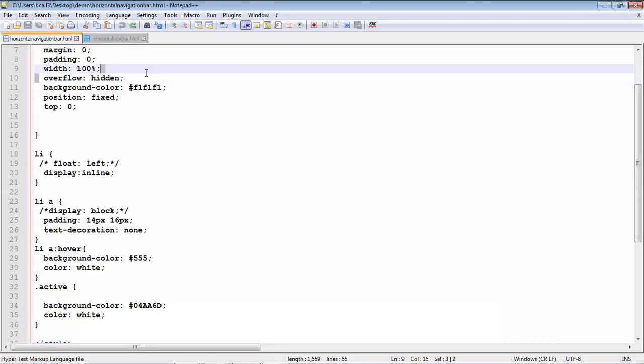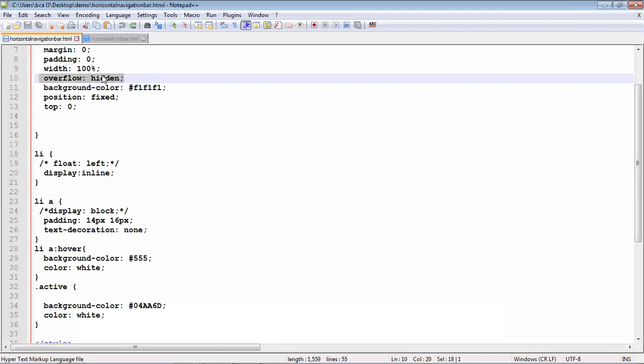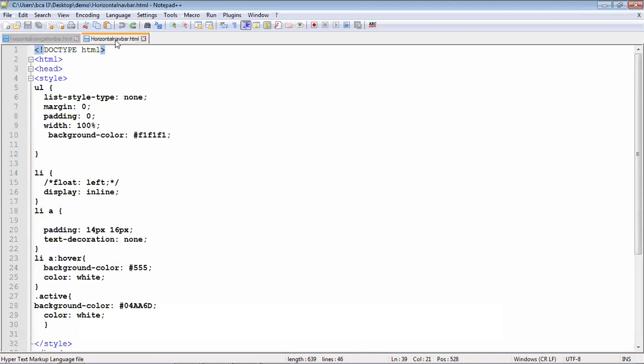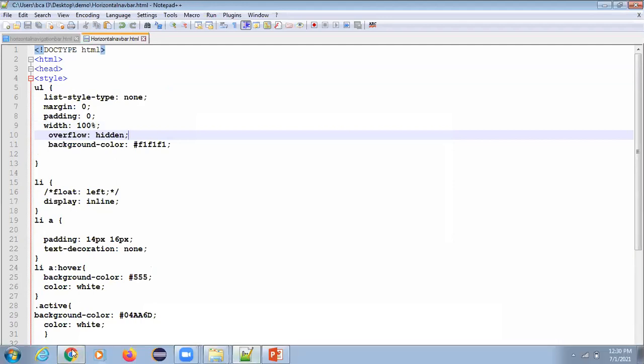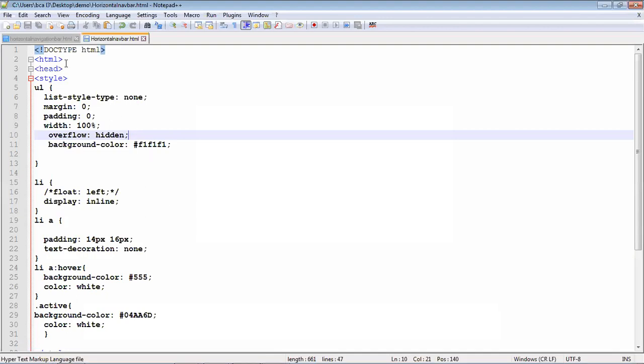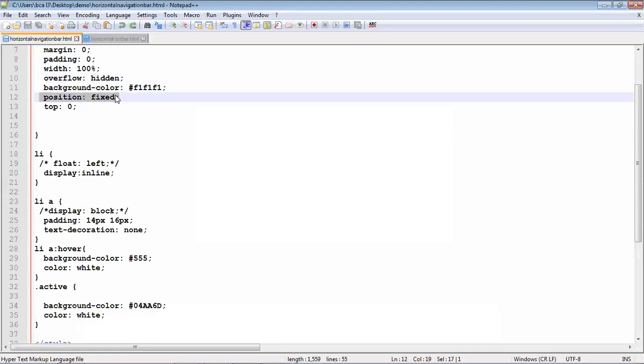Overflow hidden is used when you have a tag within a tag, so that the overflow value hidden means it will not affect the outer one. Otherwise, if you move the mouse onto the menu, the hover size gets bigger. With overflow hidden, the hover size stays the same as the menu size. That is the use of overflow hidden.